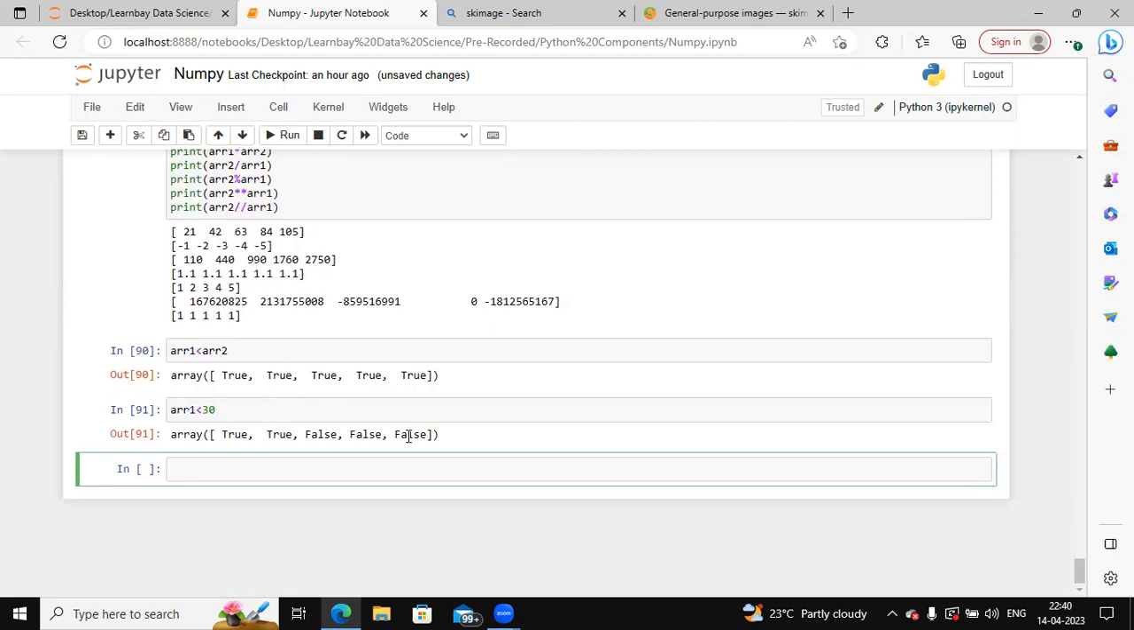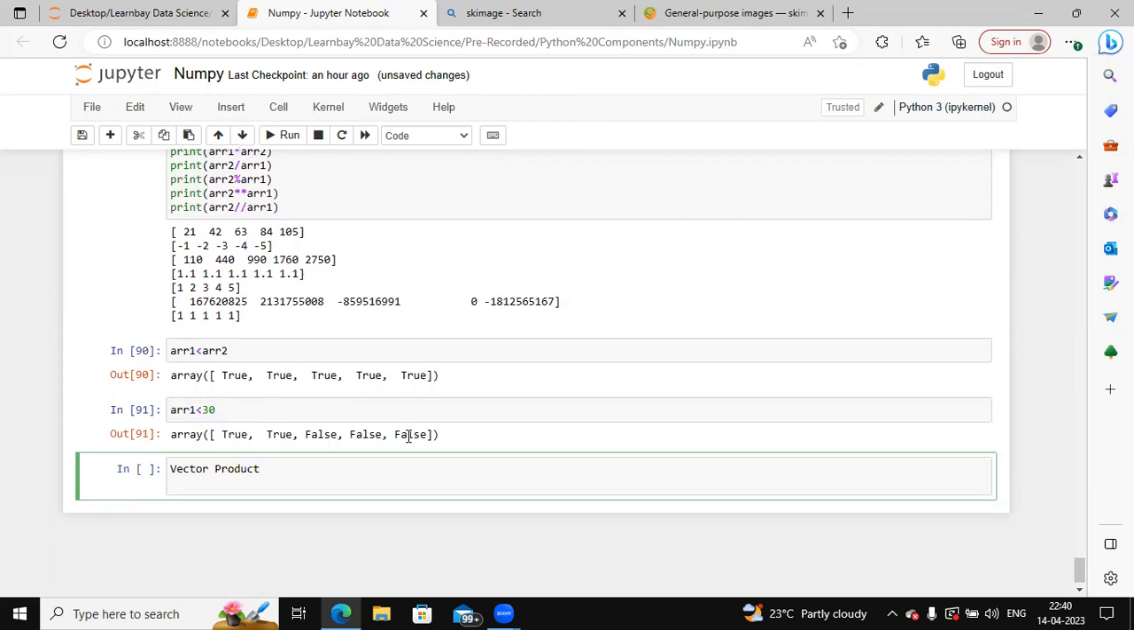Now let's do some vector product. So vector product. The number of columns of the first matrix must be equal to the number of rows of the second matrix. This is the rule for doing matrix multiplication, as you have learned in your lower classes, in junior level classes and in your 12th standard. So the number of columns of the first matrix is equal to the number of rows of the second matrix for doing the matrix